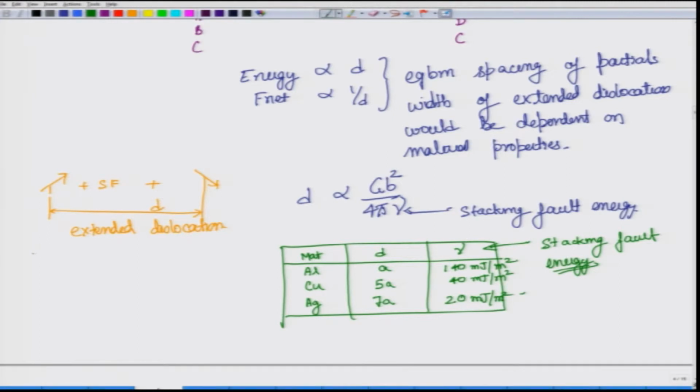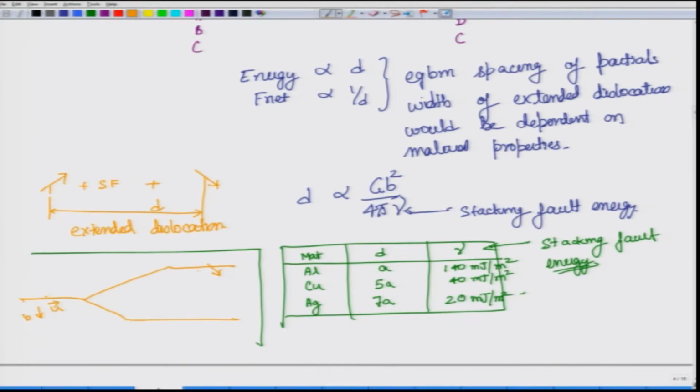This particular extended dislocation was formed using an edge dislocation. So, we assumed that this is the Burgers vector, sorry, this is the Burgers vector, this is the line vector, and here this is mixed character. Now that is another important aspect that you should realize, that the partials are by default mixed character, because as you can see the line is lying at 30 degrees.